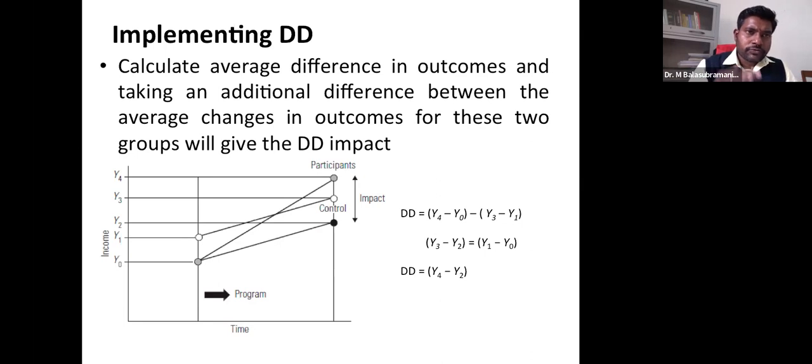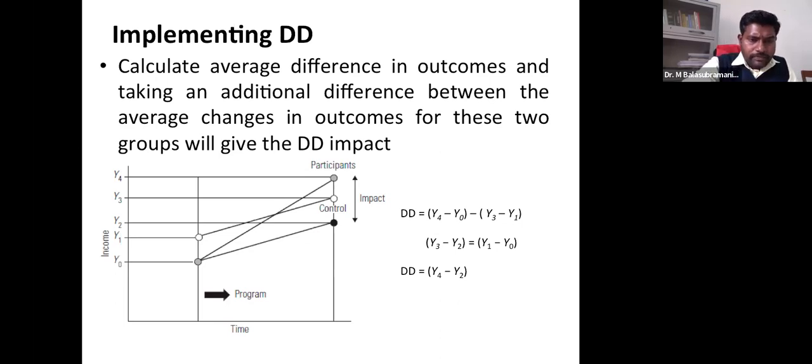Then there may be a difference between the control group and the participants. The control group income level is y1, before and after. And the participants, what were they having